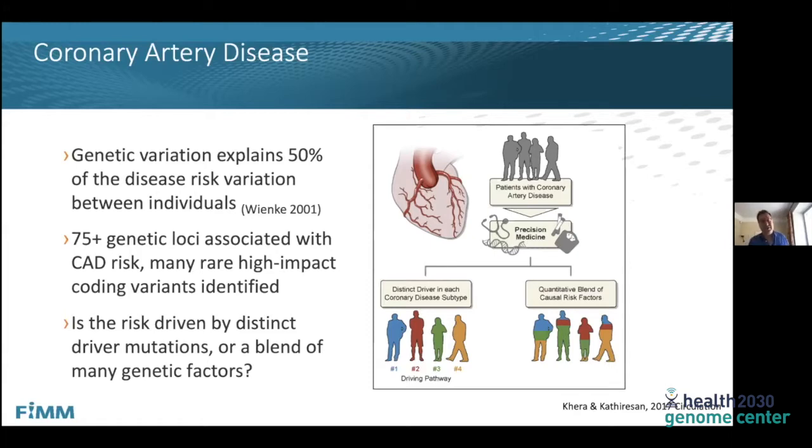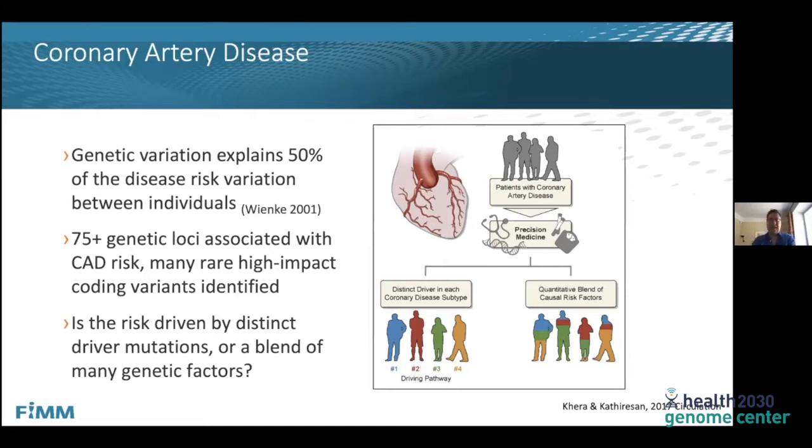So we know genetic variation explains about half of the disease risk variation between us. There's close to 100 genetic loci now associated with CAD risk, actually, and the next wave of genome-wide association studies is going to at least double, if not triple, that number. There's been the discussion of, if we take a coronary artery disease patient and think that there's genetic background, the